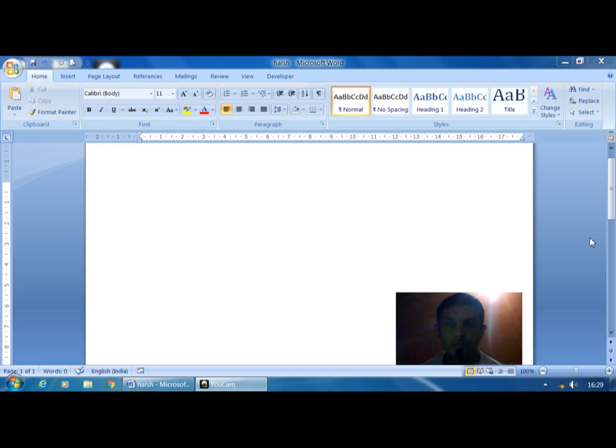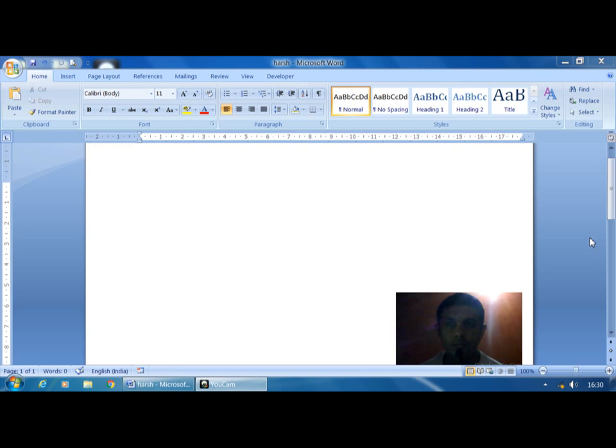A word processor has many features. The first one is that it is used to create documents, letters, envelopes, banners, labels, etc. It is used to format and save documents in different formats such as templates, web pages, etc. What is a template? Templates are nothing but saved documents. Once we save the document, we can use it anytime.